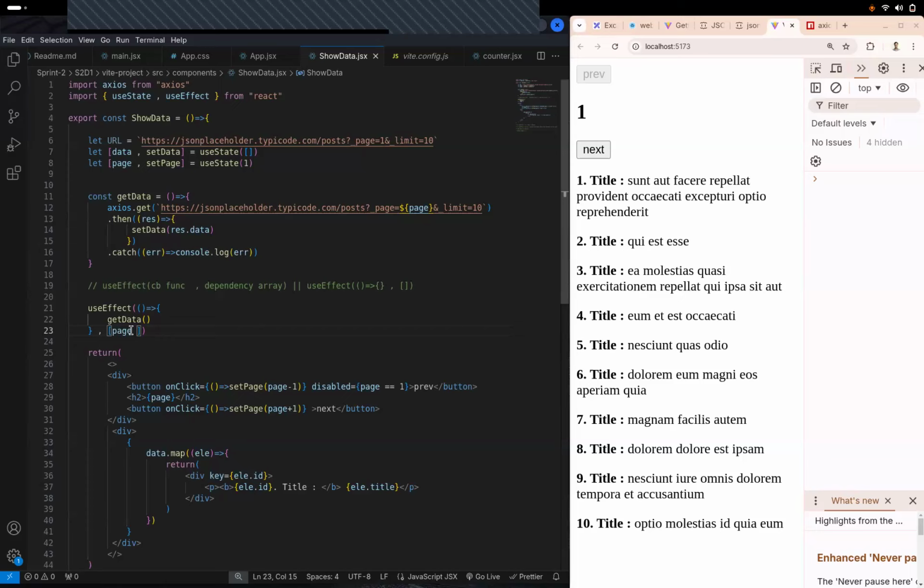Count and setCount, you are accepting it. No problem, let's give them their own states: const count and setCount equals useState, and this will be 0. Okay, so everything is working fine again.